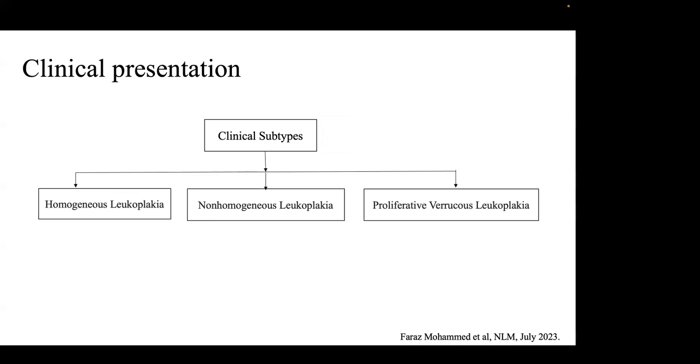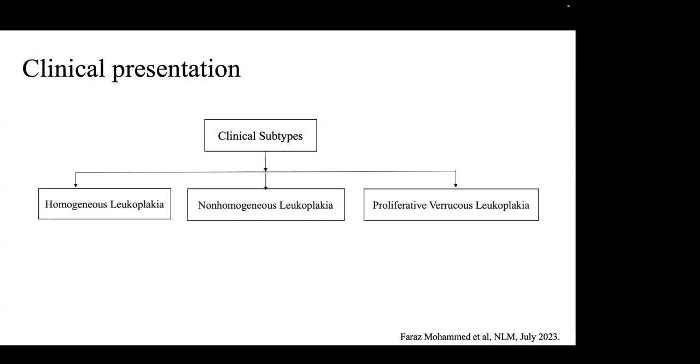Going to the clinical presentation here, leukoplakia is a white patch of the oral mucosa which cannot be wiped off with a gauze, and it can classically have two forms, that is homogeneous and non-homogeneous leukoplakia, wherein the non-homogeneous form has a higher risk of oral malignancy. The homogeneous leukoplakia presents as uniform white plaques with a regular texture, and they have well-defined margins, whereas non-homogeneous leukoplakia